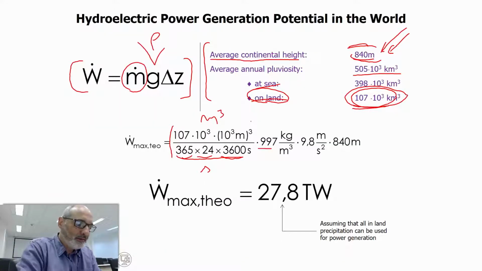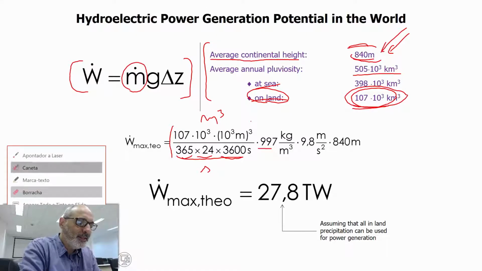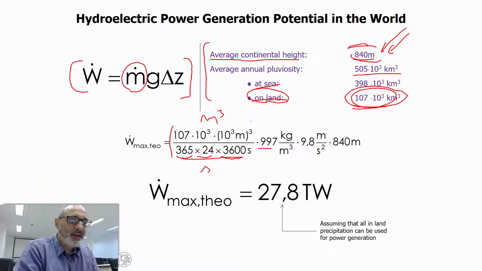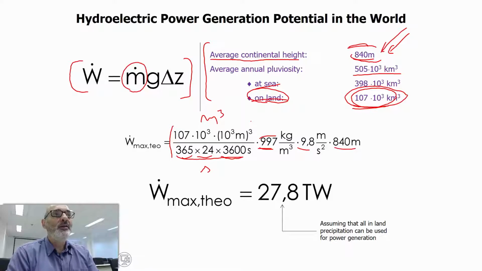That's okay. The formula is okay. Sorry, so that's the density. Because this is cubic meters per second, the volumetric flow rate, I multiply this by density to obtain the mass flow rate. So 997 kilograms per cubic meter, that's the density of water, times g times the average height. When we do the calculations, we get this number,